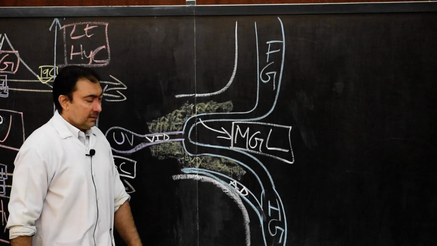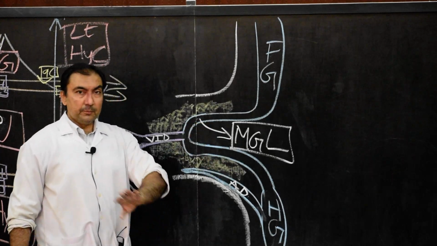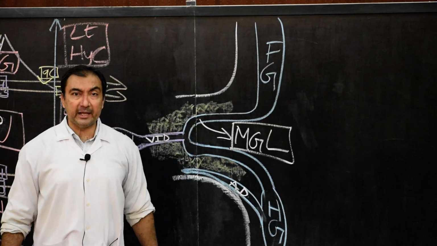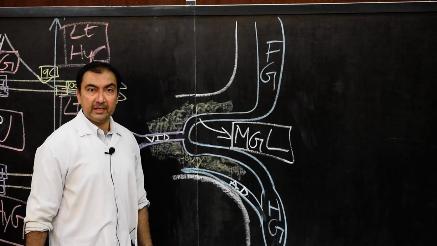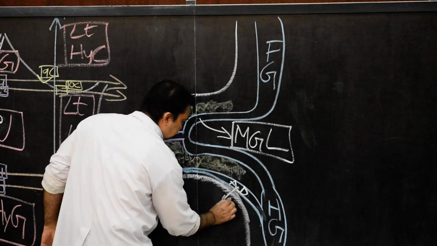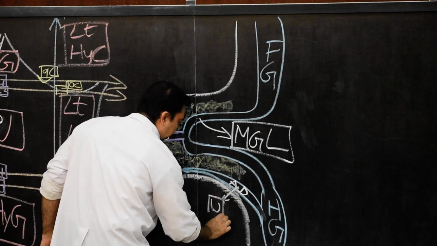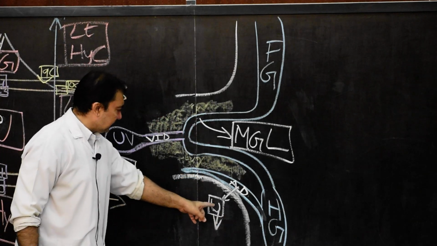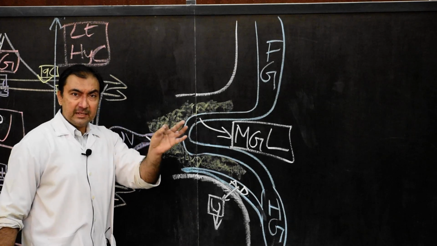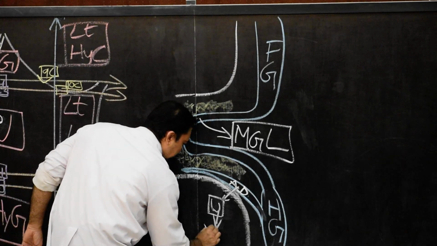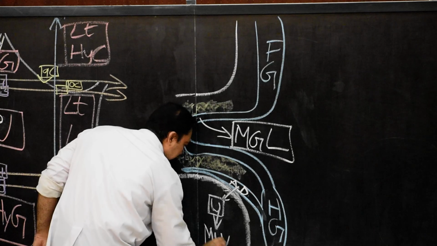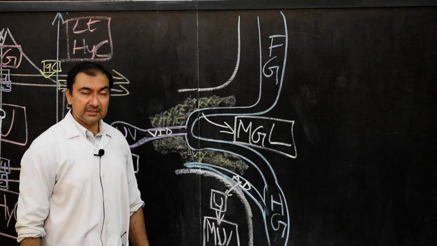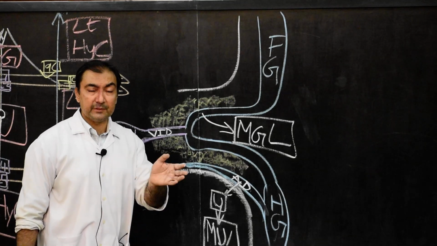Later on what will happen? This allantoic diverticulum will also obliterate, and it will be replaced by a mass of fibrous cord known as the urachus. After some stage it will be replaced by the urachus, a mass of fibrous tissue, and this urachus after intrauterine life will be replaced by the median umbilical ligament. So at birth there will be presence of the median umbilical ligament.